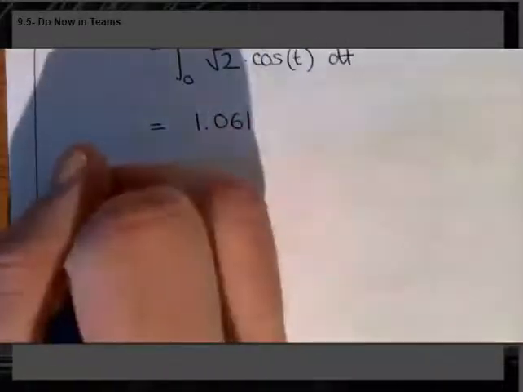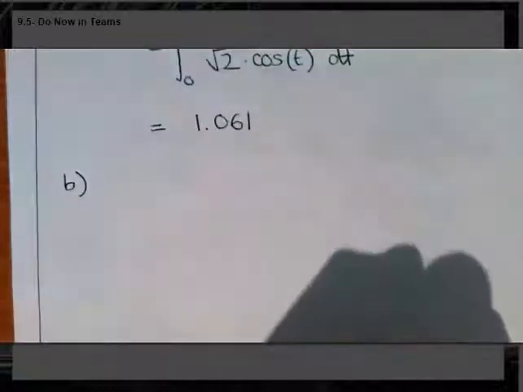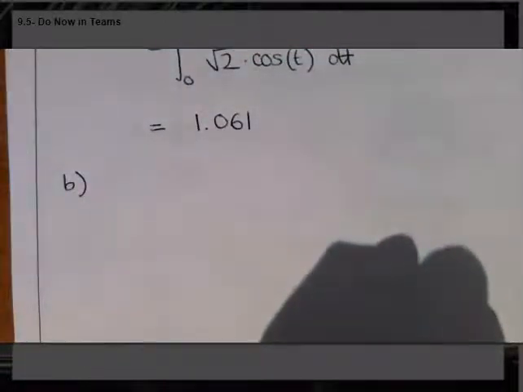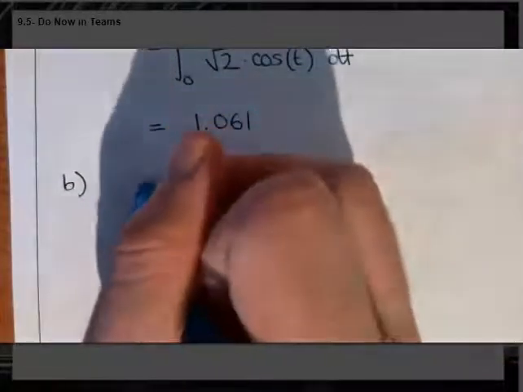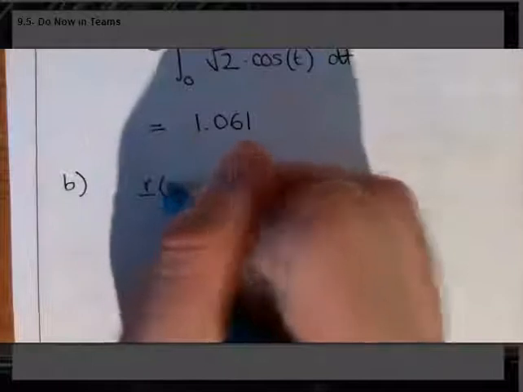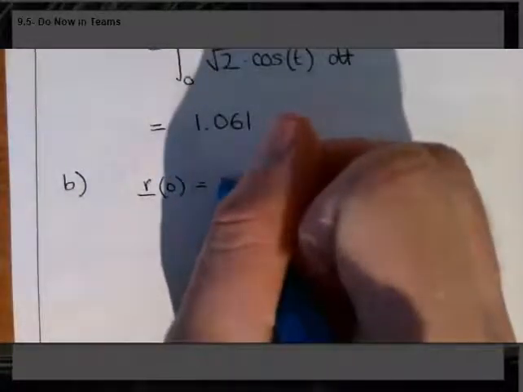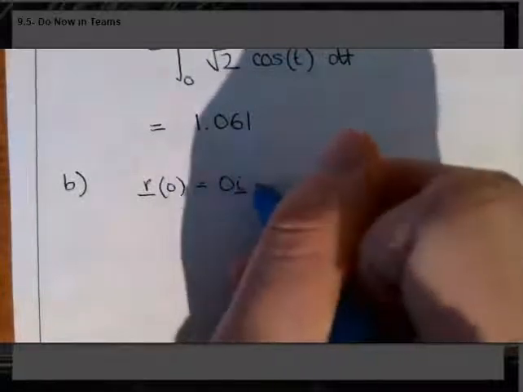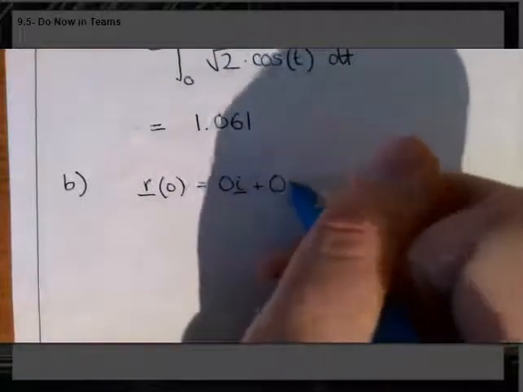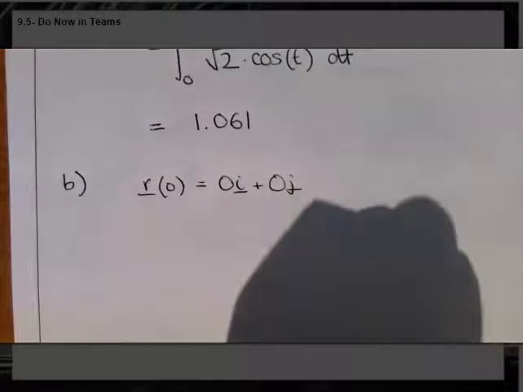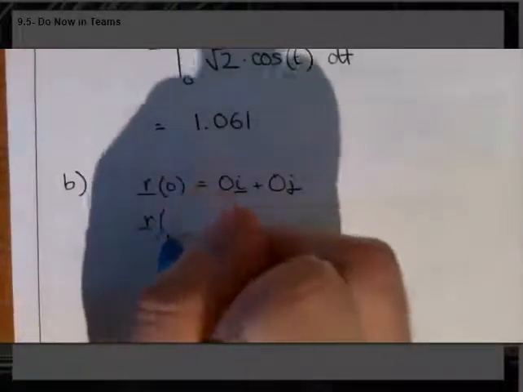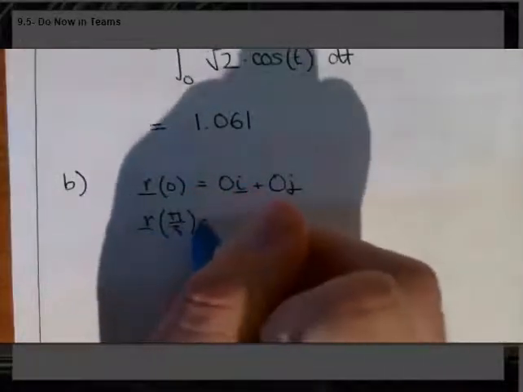Then part B says we'll find the shortest distance between these 2 points. So, well, what 2 points? The points where t equals 0 and t equals pi over 3. So let's work out what those are. If I substitute in 0 first, my location is the origin, 0i plus 0j. Now if I substitute in pi over 3,